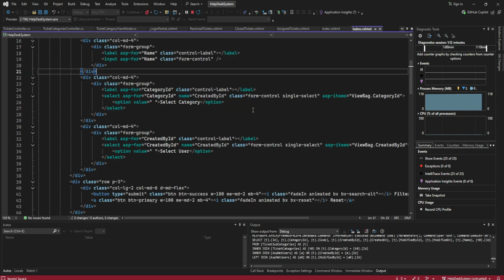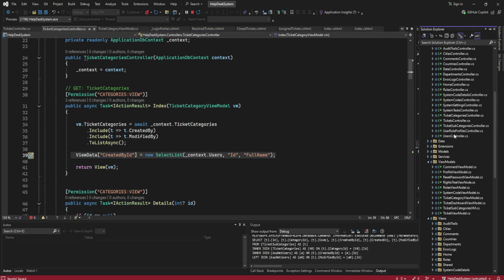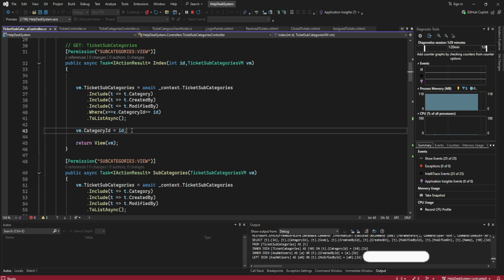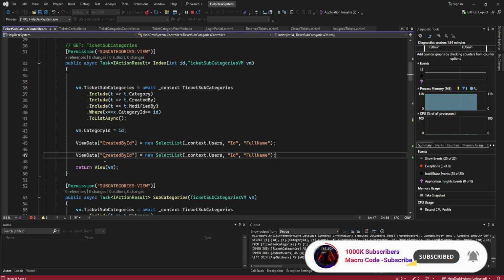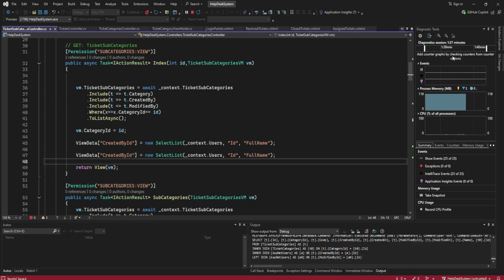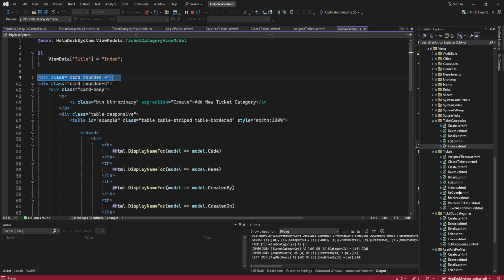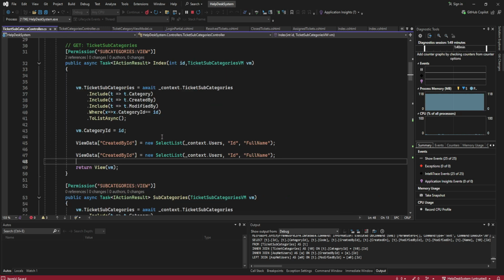So if we do that, then we need two things. We need the list of users and the categories. So let's just go back here, pick the name of all the users, go to subcategories controller, and we can add them here. Then we also need another list. So we need a list of the main categories, because we are dealing with subcategories. So if we go here for the subcategories, we need the category ID. So I'll just go to subcategory. I have my ID here. Then this will be